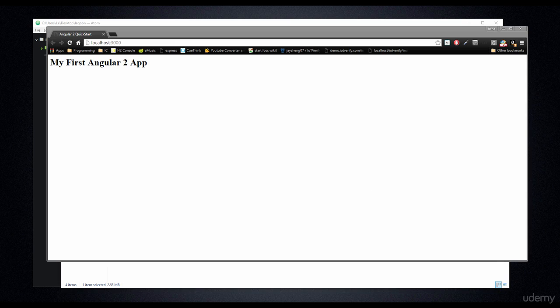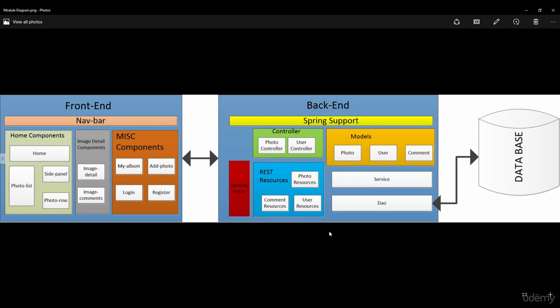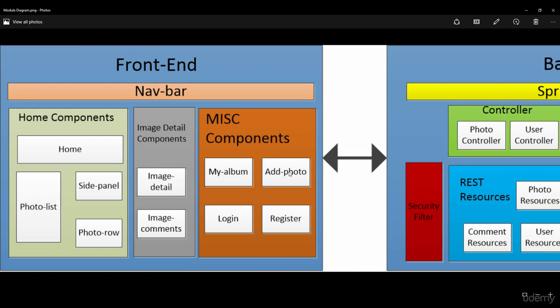But before that, let's take a look at our diagram from the system view. So for the front end, we'll have the navigation bar component, the home component, the image detail component, and miscellaneous components. Okay, so let's start from the home component first. That is the home page. All right,